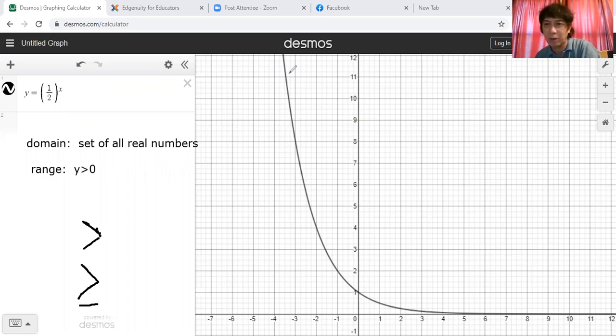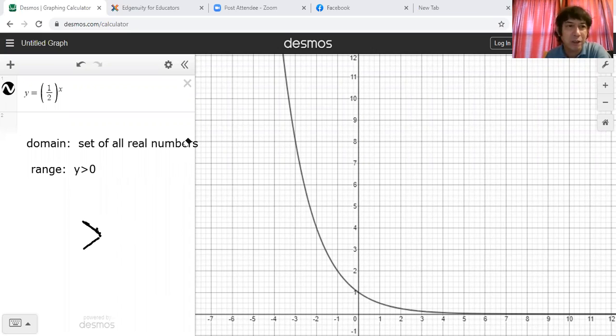Because the graph will never touch y equal to 0. Remember, it will only approach 0, but never touching it. As you increase your x here, this exponential curve will only approach the line, which is the x-axis, but it will never touch it. So the range is y greater than 0. It's this symbol here. So this you have to erase. All right, so that will be for